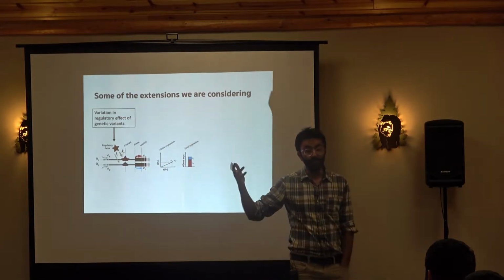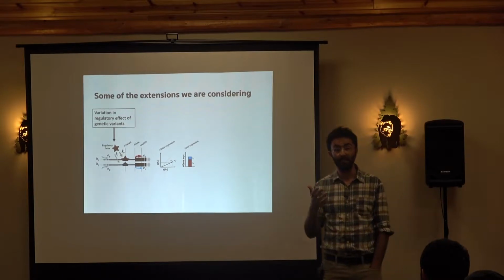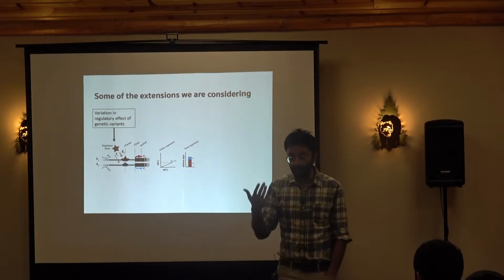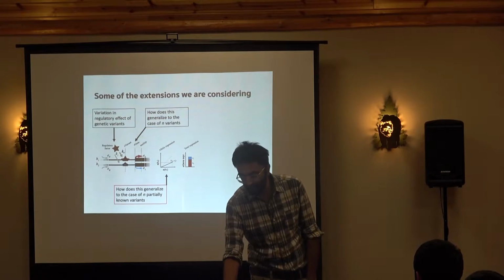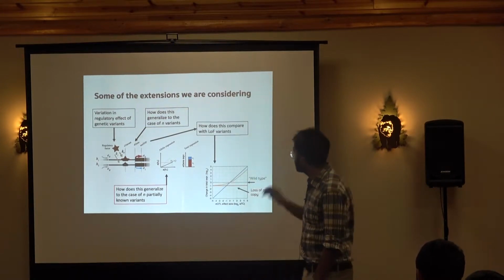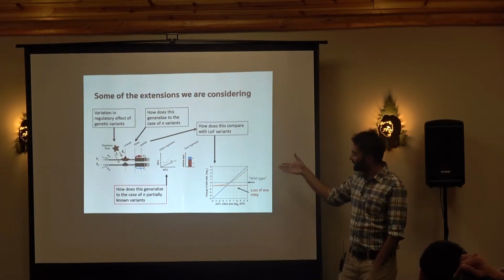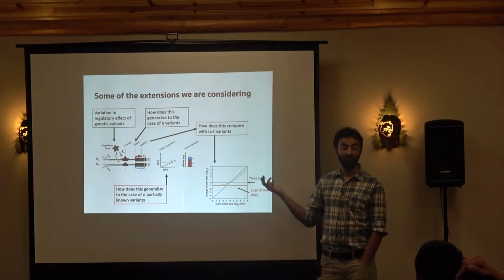And it turns out that can describe some of the response eQTLs, that they change their effect size in different environmental situations, by just basically the dynamics of this binding. And then also we are looking at generalization of these to various cases and also comparing it to loss of function variants. And that's interesting because basically now that we have this description, we could analytically compare regulatory variation to